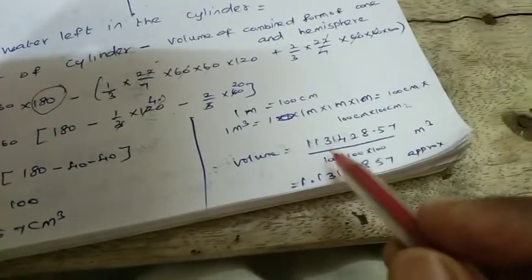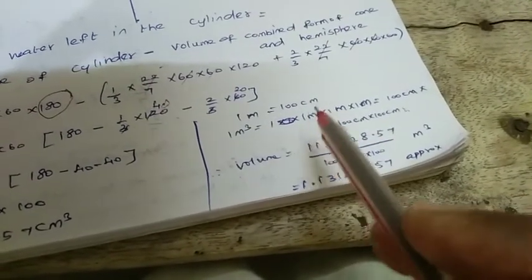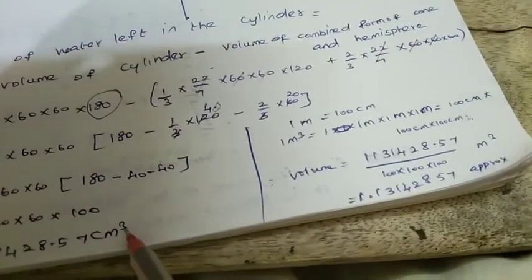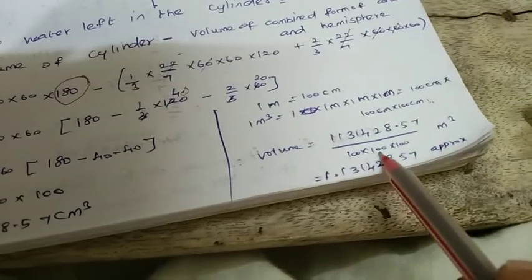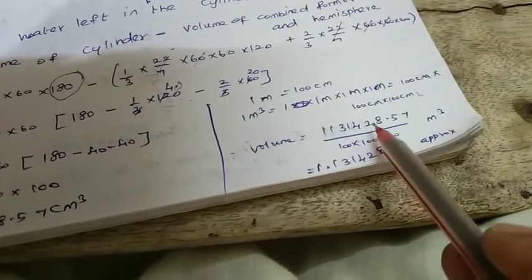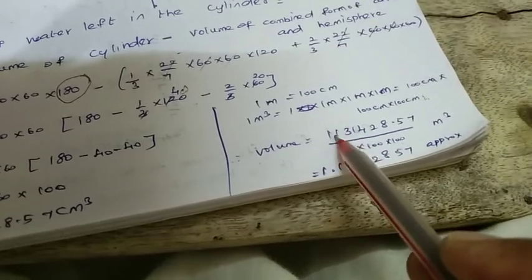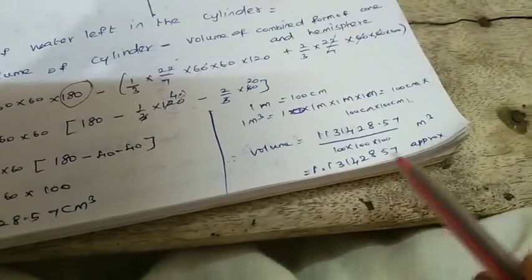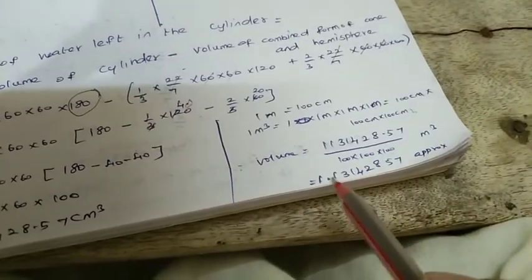So volume is in centimeter cube, and we need to convert into meter cube, so we need to divide by 100, 100, 100. That is, we need to give the decimal up to 6 places, 1, 2, 3, 4, 5, 6. So 1 point, this is the approximate answer, approximately this much decimal. So the idea is